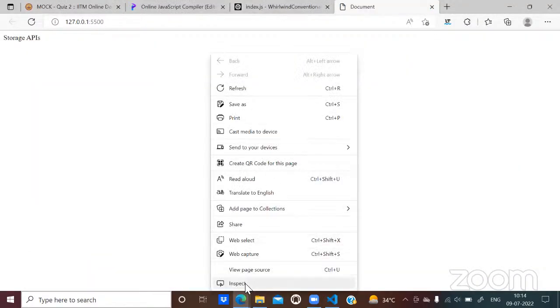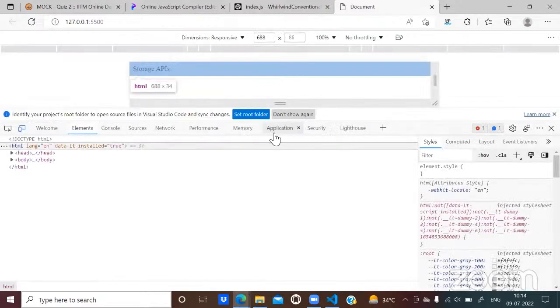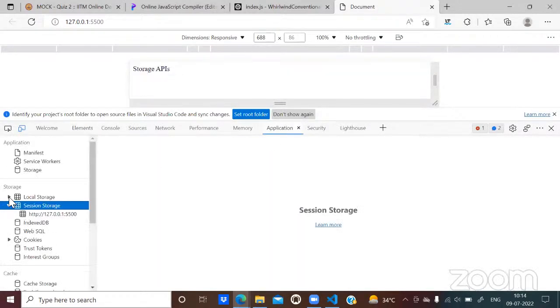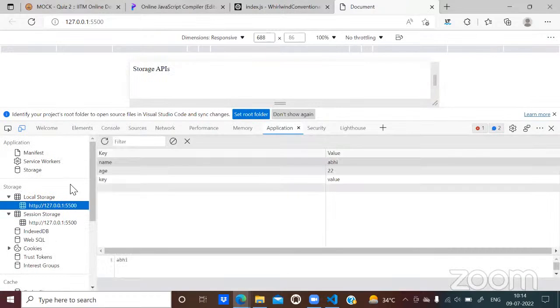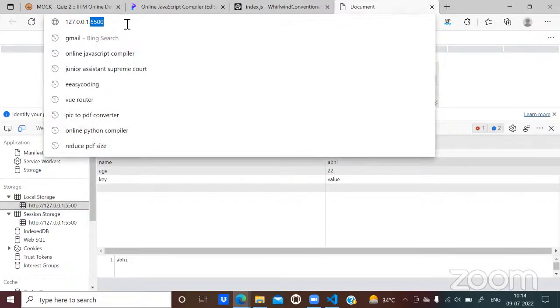So I go to inspect, application, local storage. You can see that there are already three key value pairs: name, Abhi, age, 22, key, value. Just note down the origin. What is the origin? The origin is HTTP protocol, the host or the domain part is 127.0.0.1, and the port is 5500.